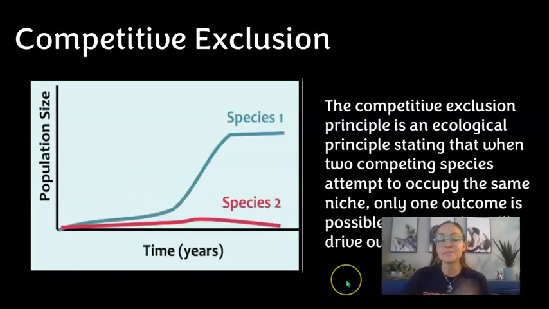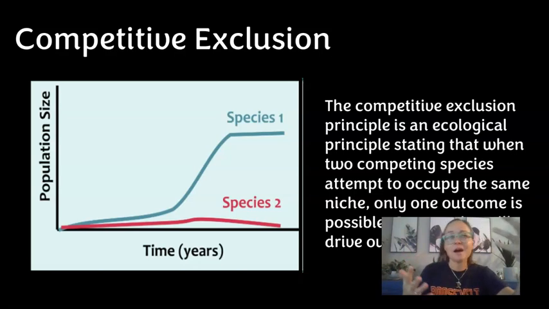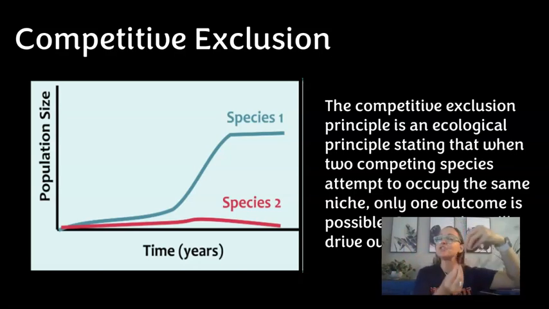Now, I don't have this as part of this video, but in other ones, I have this could lead to or may lead to what's called resource partitioning. And in resource partitioning, two species who initially maybe occupy the same ecological niche will actually evolve to kind of share